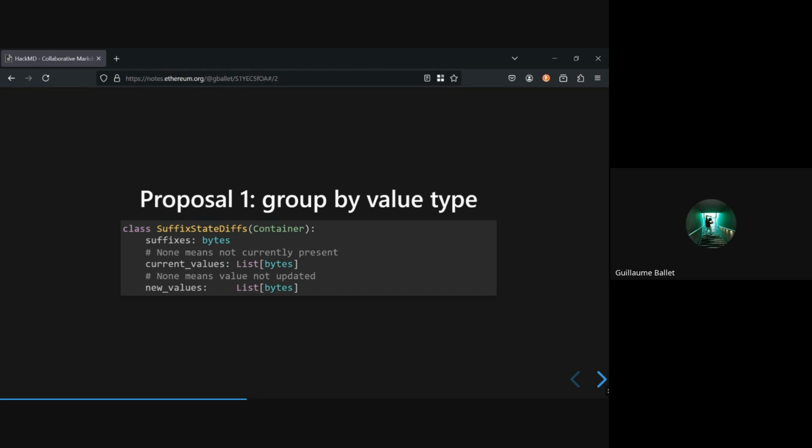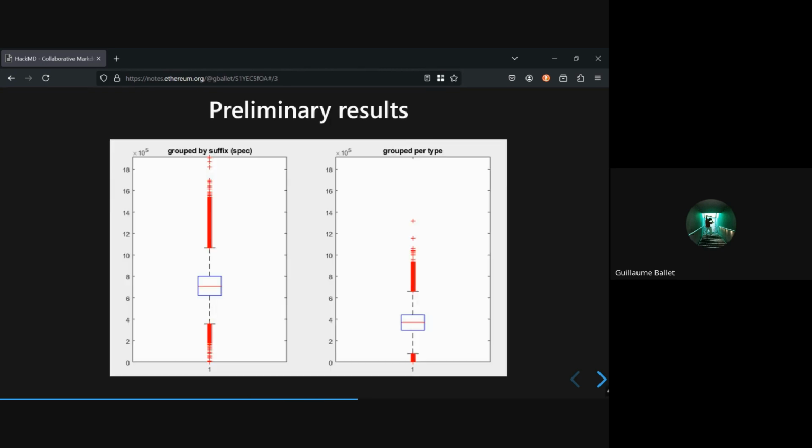So I've done some tests with this. It took quite some time to collect the data. But if you compare the current version of the library, using the spec version, with the first proposal by Peter, you can see that, this is a box plot. The red line here represents the median. That means half the points are below this, and half the points are above. So we have an average median of about 700 kilobytes for the witness, and it's mostly zeros.